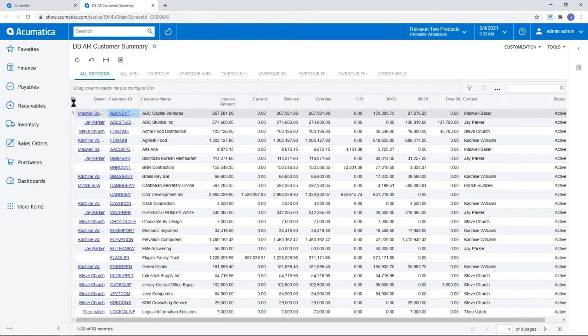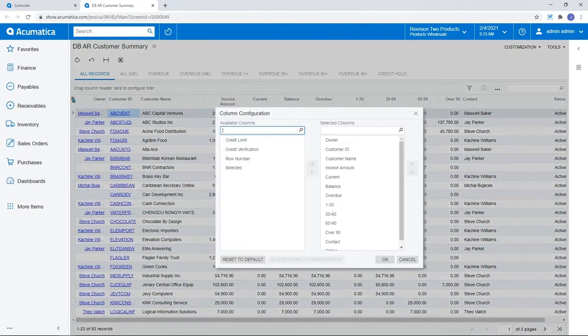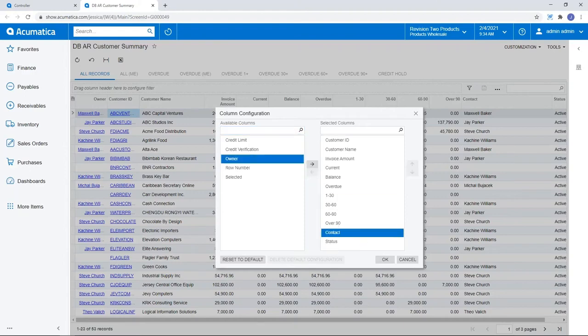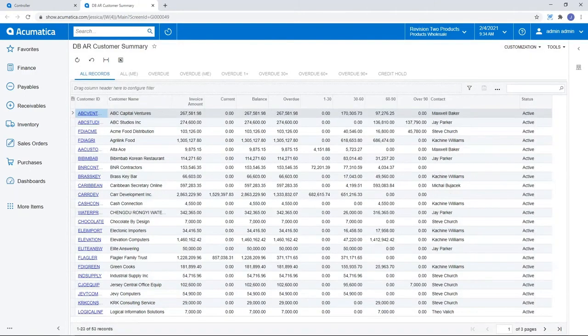You can configure your own columns. So if you don't actually care who the owner of the account is at all, you can click this button to configure the columns. We'll grab the owner column, and I'll simply remove it from the query, and we'll see that column drop right off.